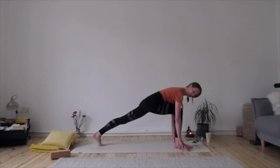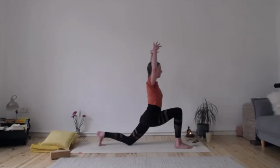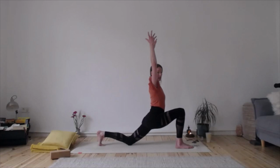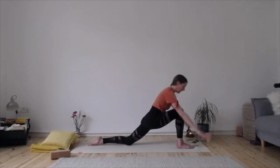One more deep inhale. And exhale, we're dropping the left knee down, lifting the hands overhead. Exhale, sinking deeper into the hips, making sure your right knee is over the right ankle. If you wish to deepen, here you can untuck the left toes and let your hips melt down. Inhale, opening the chest, and exhale, hands to the front,